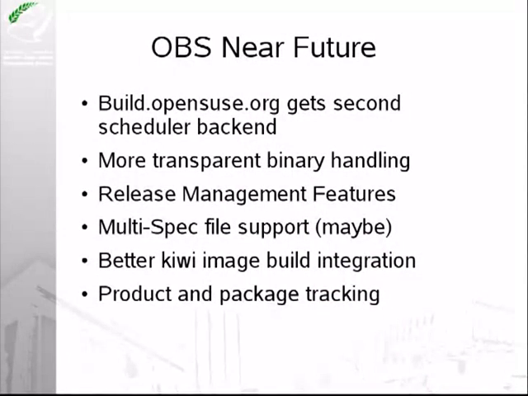Then we have already some release management features, so that's good for people who want to build packages first in one project or in one repository, test it there, and if it's fine, if it's good, then it's possible now to release sources and binaries with a command to another project and repository without rebuilding it. So it's actually a side effect from the maintenance features we did. Yeah, and there's an API call now for executing this.